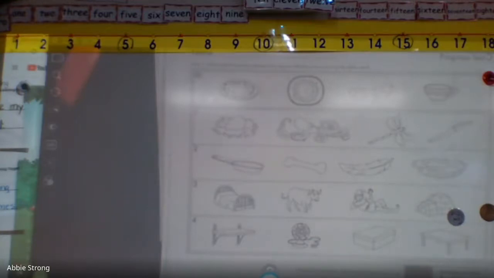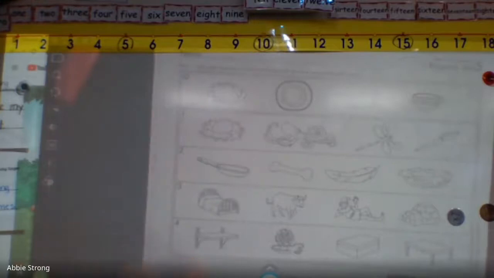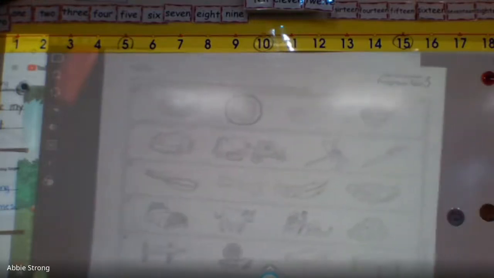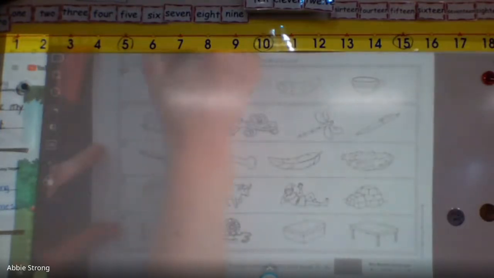On your paper, you have your name at the top. You will need your pencil. This is going to require a lot of listening, okay? So this listening activity is going to be really important for you so that way you can follow along with us. There are a lot of parts to this test. I'm going to write my name at the top of the paper. I hope you have your name at the top of the paper as well.